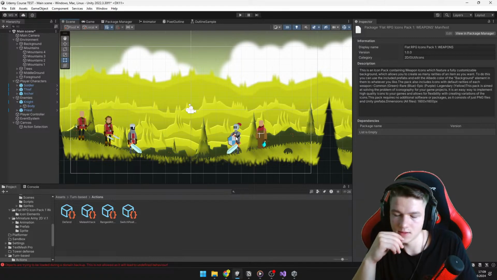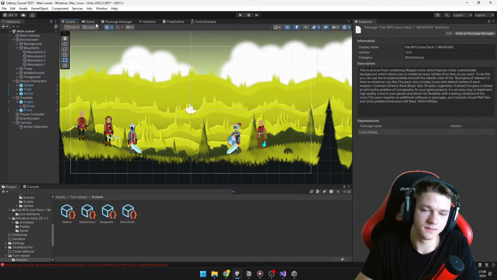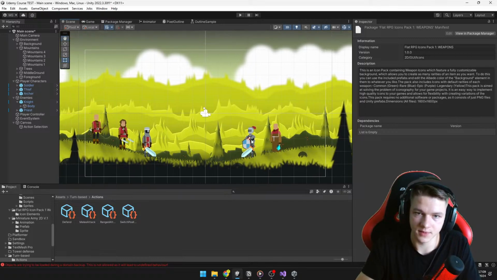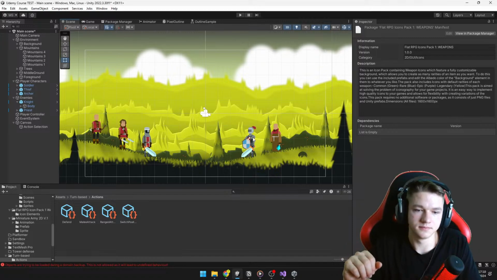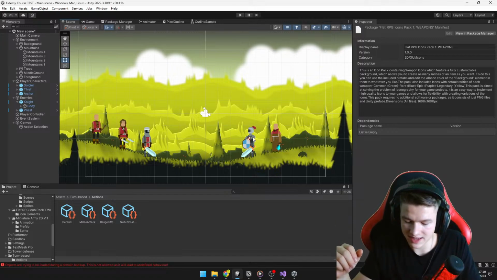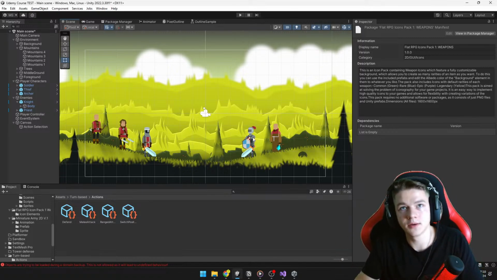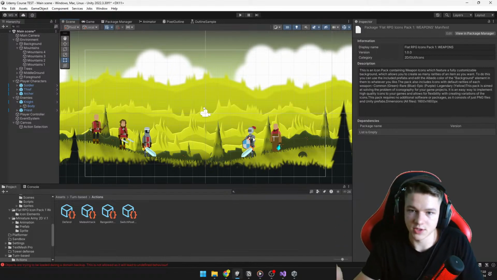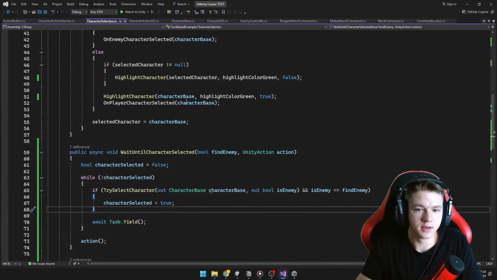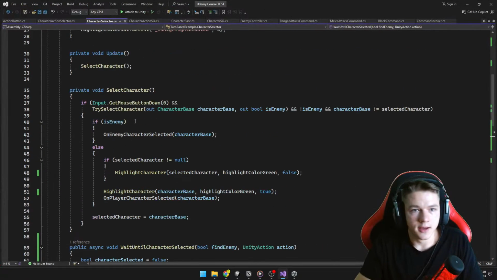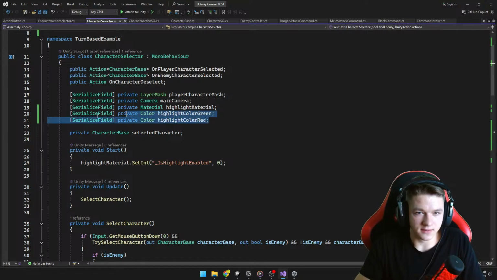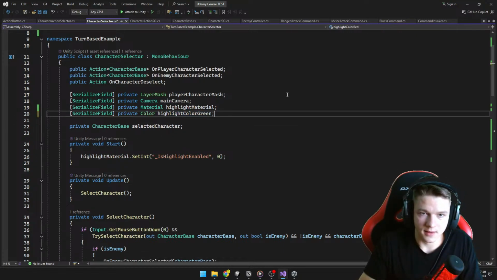I don't really think we need to, because we are just playing. We select one of the characters, click here, and even if we would want to highlight the enemy, you would need to add some delay, so it would be highlighted for some time. Because as soon as you click the enemy, it's going to pretty much assign the action into the command invoker. And yeah, so I don't think that we need to have the highlighting for the enemies. So highlight color